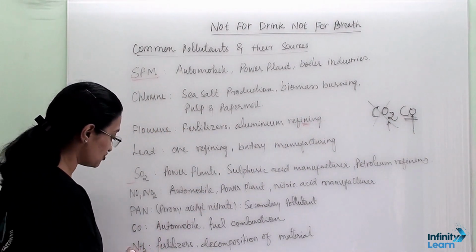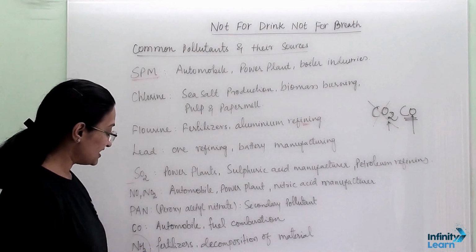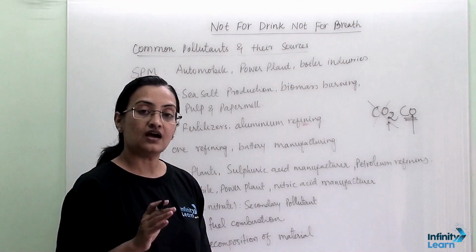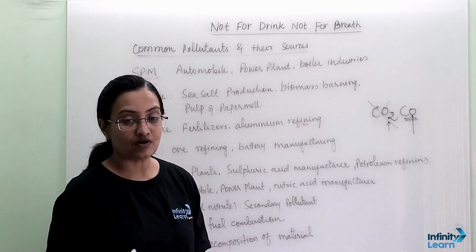Then comes NH3, ammonia. From fertilizers and the decomposition of dead and decaying material, ammonia is generated into the environment and